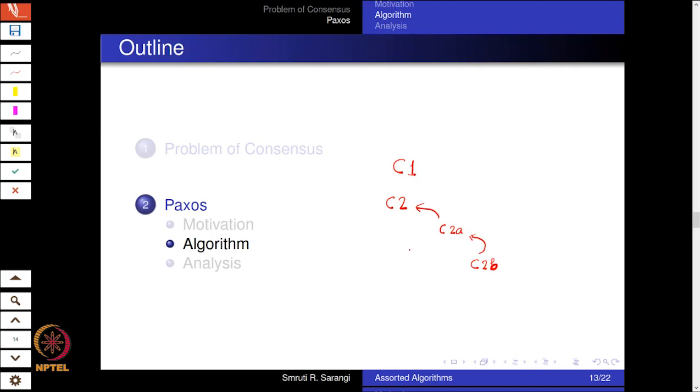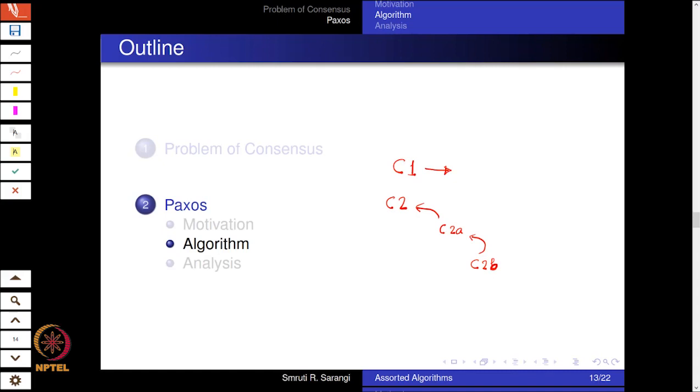So this is reasonably complicated. I would advise the listener of this video to go through this several times and to also read this in the paper, because appreciating this part is reasonably tricky. And this is probably why many people have had a lot of problems with the Paxos algorithm. But once we go through the algorithm and the proof, the need for these assumptions and these conditions will become clear. So where were we again?